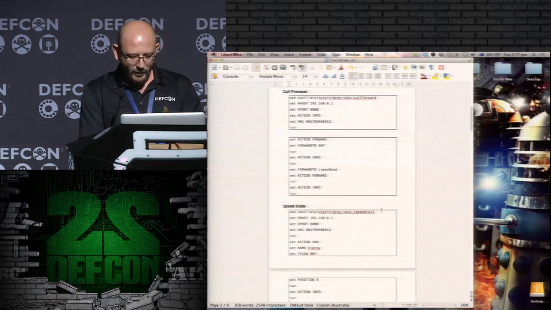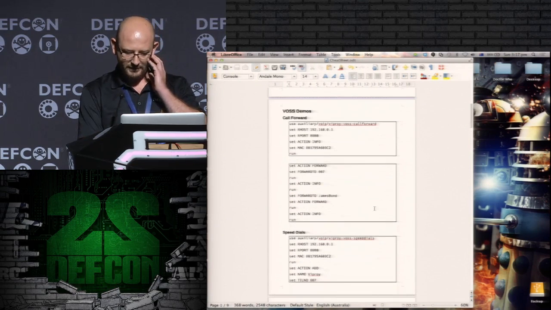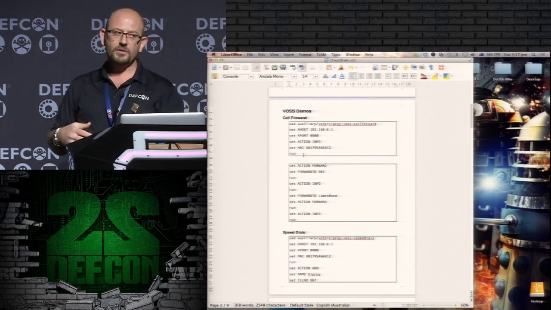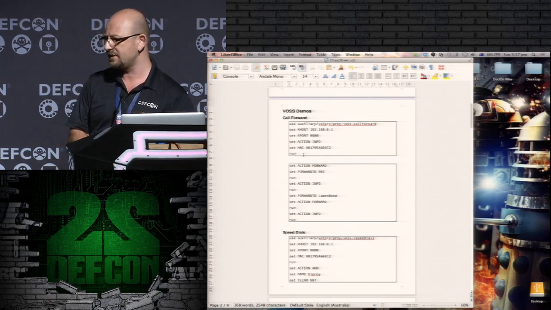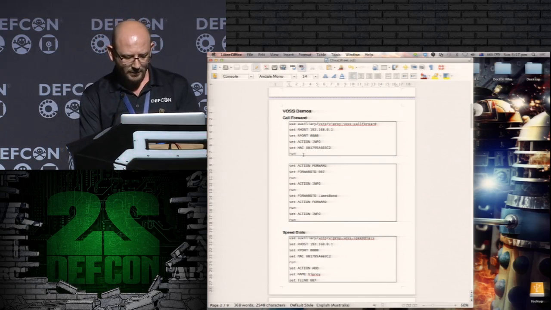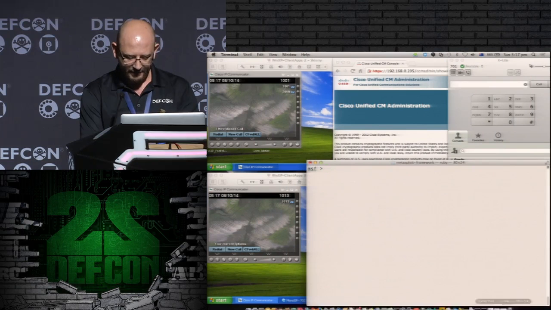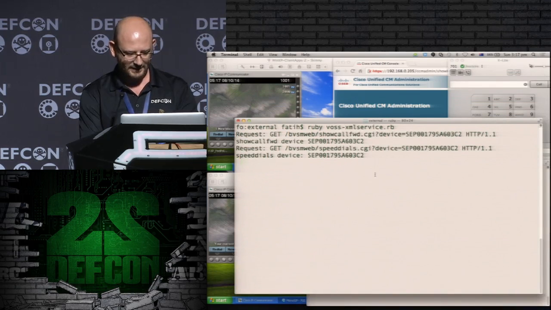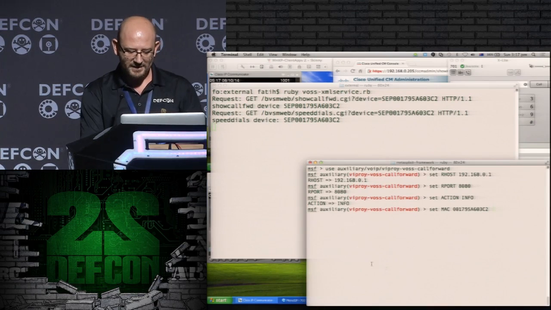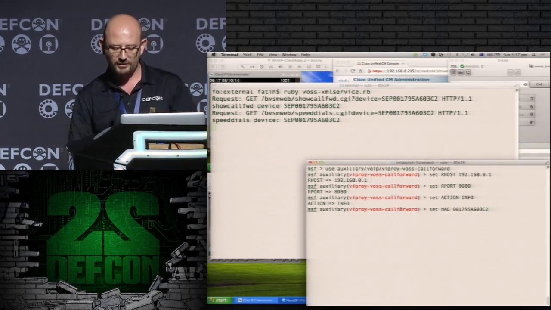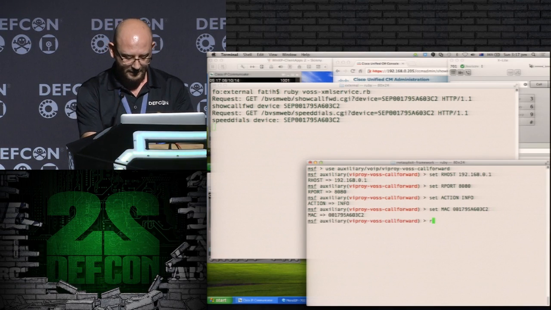Okay. We have a cheat sheet here and basic VoIP demos. This service provides MAC-based identity management. After that, it provides all services, such as call forwarding or speed dial. In this demo, I will use the call forwarding feature. I have this service here, probably one of them, here. This is our fake service. We can copy and paste our code. Basically, we will use the call forwarding model. Remote host is 127.0.0.1, which is me. My port and action, and it seems